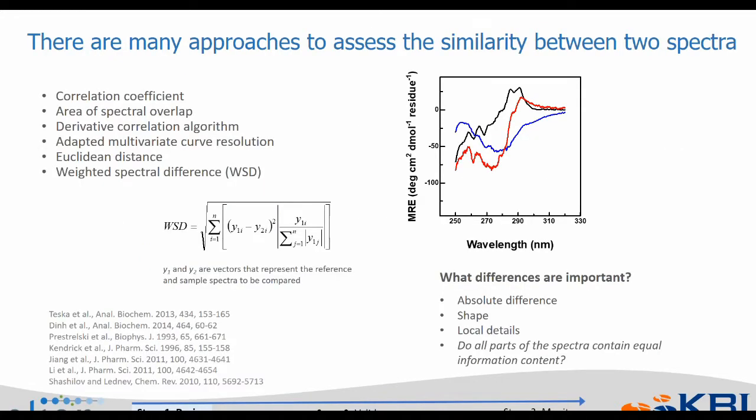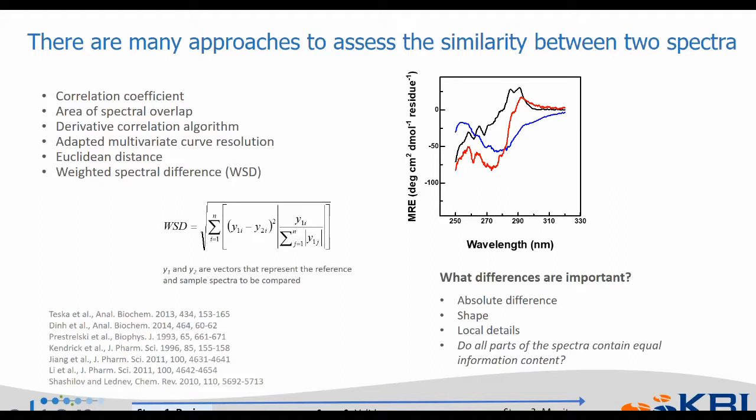Okay, and that leads me to discussing a few different approaches that are available for comparing spectra. The one that I'll focus on is something called the weighted spectral difference, which is an approach that we developed some years ago that uses a weighting function to emphasize regions of the spectra with greater signals. So we're focusing and emphasizing on those regions that we think are more informative. But there are other methods that are available for comparing spectra quantitatively, including the correlation coefficient, the area of spectral overlap, the derivative correlation algorithm. I've seen a publication related to an adaptive multivariate curve resolution approach, Euclidean distance, and as I said, the weighted